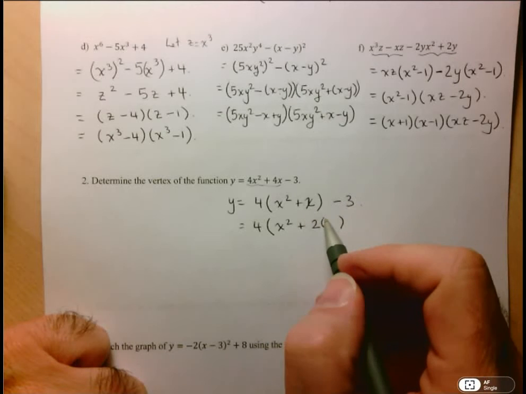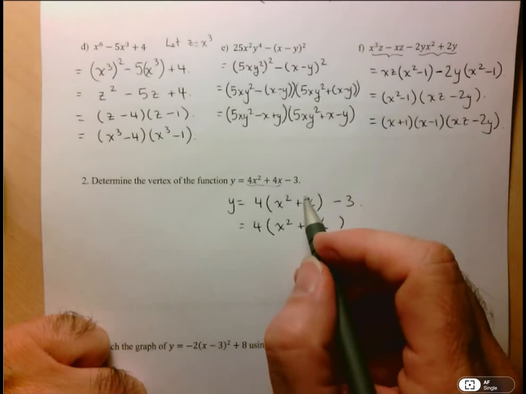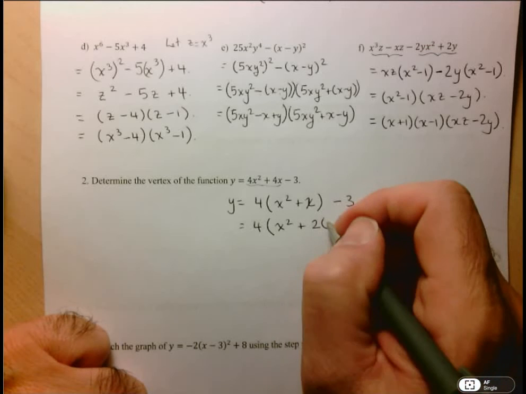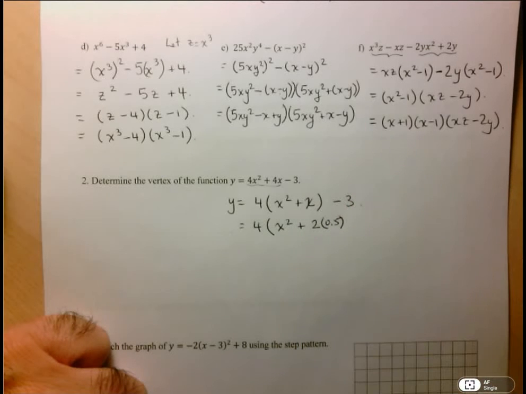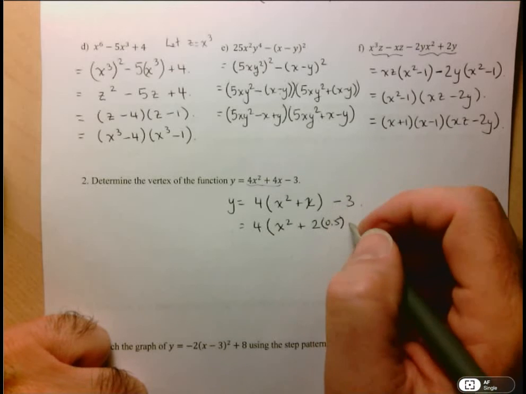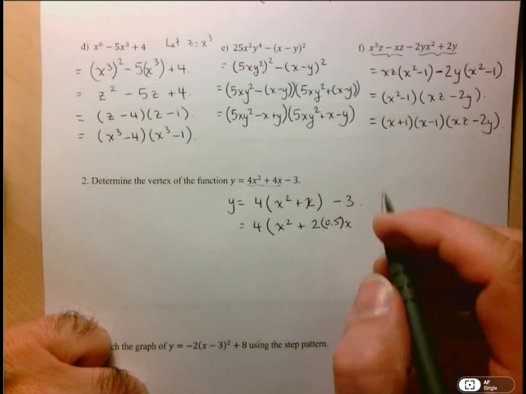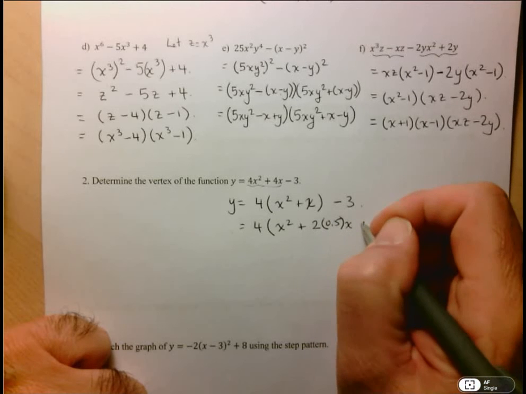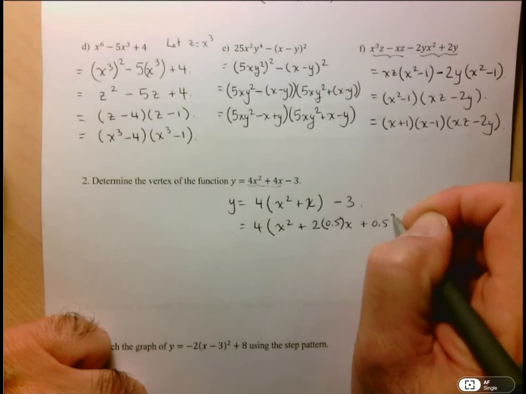So this coefficient of 1 now can be written as 2 times 0.5, or 2 times a half, times x, and then in order to get my correct form, I'm going to have to add 0.5 squared,